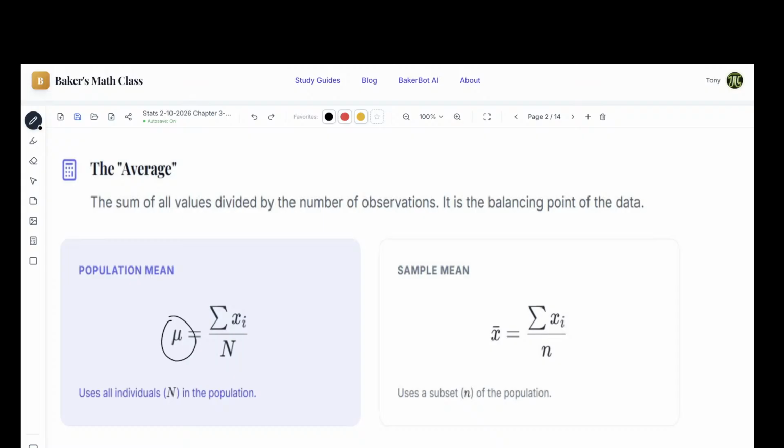And then big N is the size of the population. You'll notice the sample mean formula is exactly the same. Not all formulas will be the same when we're looking at a population compared to a sample, but for mean, it is identical. You will see this one right there. It's called X bar. It's an X with a little bar over it. That is what's known as the sample mean. And you'll notice a small n at the bottom, designating the sample.